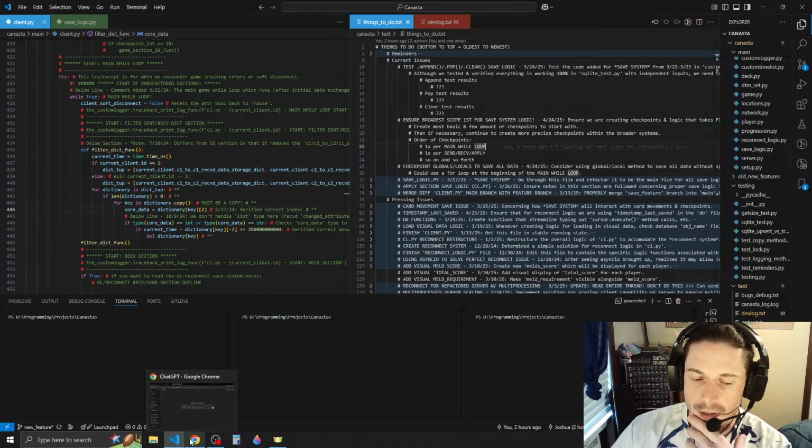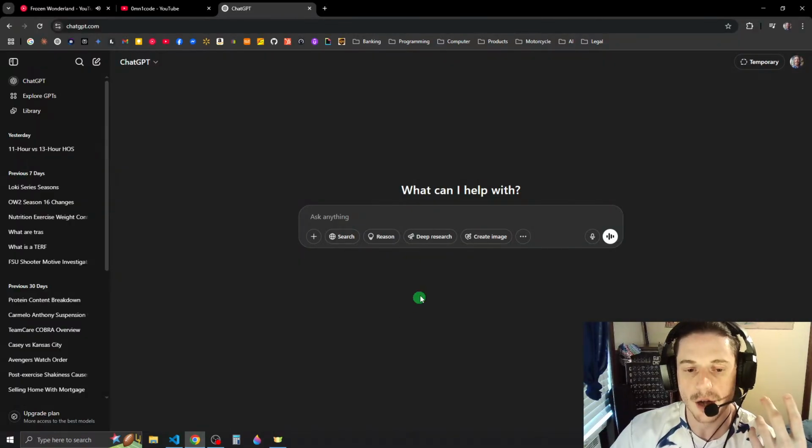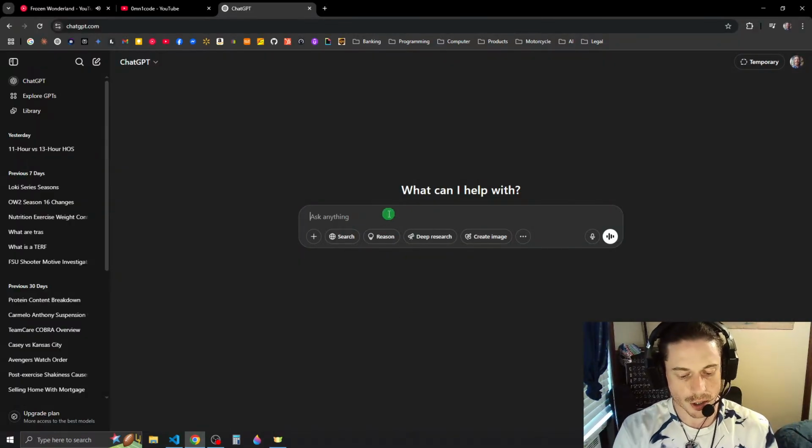I don't even really know exactly how globals and locals works. Let's see, Python globals and locals for saving all data in a large Python client file.